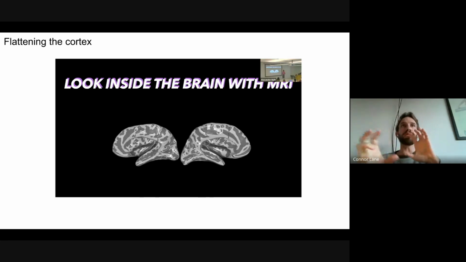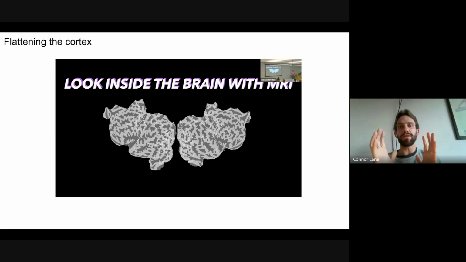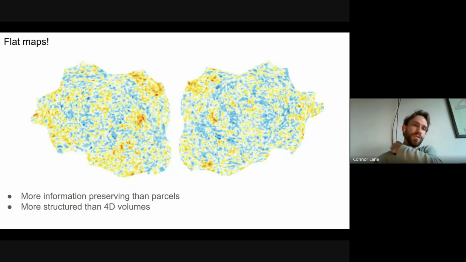Yeah, so the key point of this is that you're taking the voxels, which are scrunched together in a complicated way, and you're flattening them out so that neighborhoods in the flat map space correspond to neighborhoods along the cortical folding. This way you get a nice property where the relevant spatial relationships are captured directly in the data, as opposed to the model having to learn to figure out which parts of the brain are connected itself.